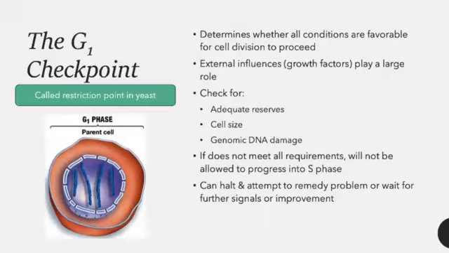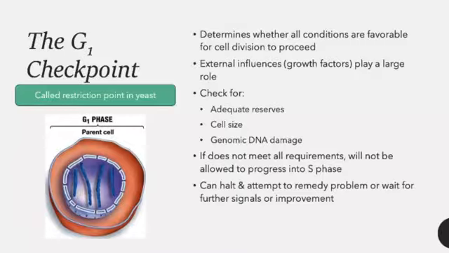If the cell doesn't meet all of these requirements, it's not going to be allowed to enter the S phase where DNA will be replicated. So instead, the cycle will pause, giving the cell time to repair any problems or wait for additional signals. And once the cell successfully passes this checkpoint, it's committed to division and will go forward with DNA replication and